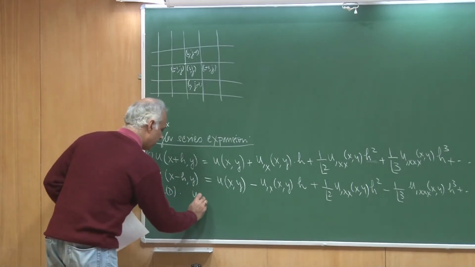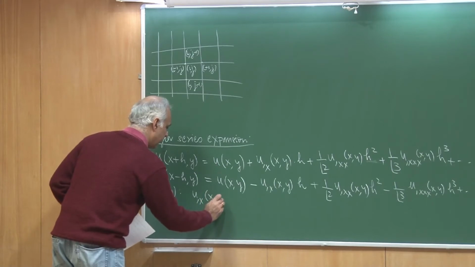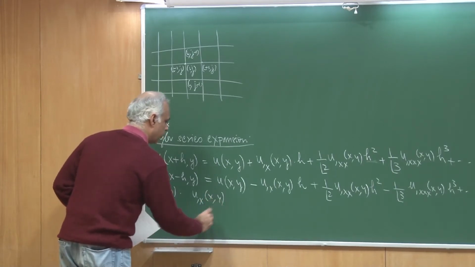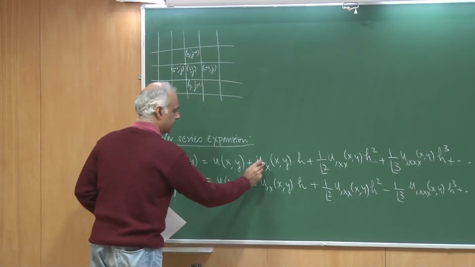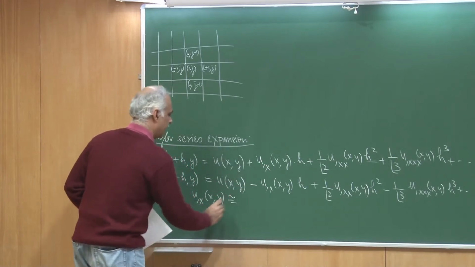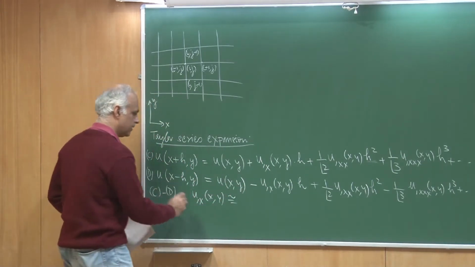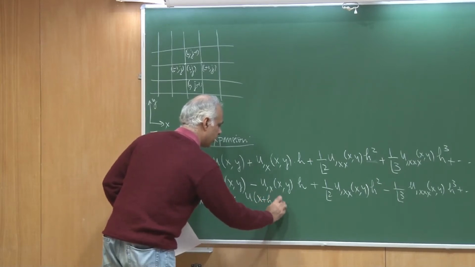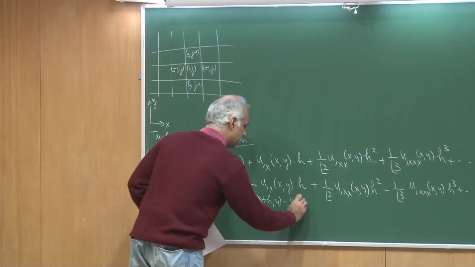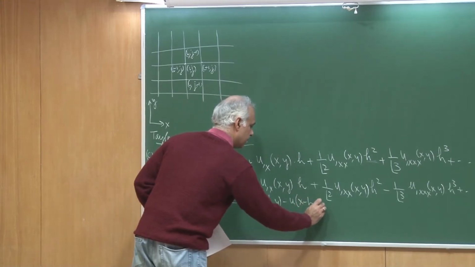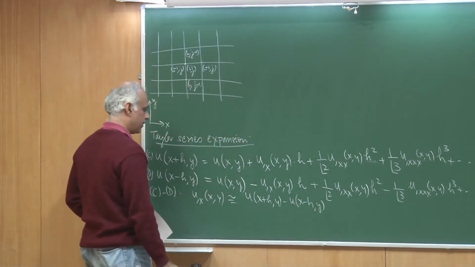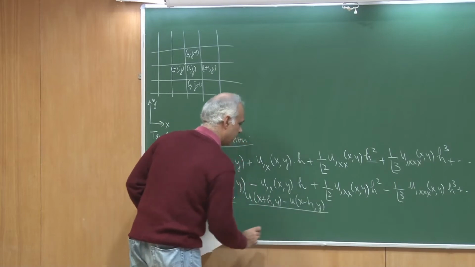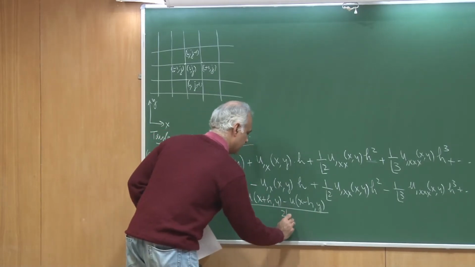So u comma x at x y, which is actually this term, I can approximate with u at x plus h comma y minus u x minus h comma y divided by 2h,